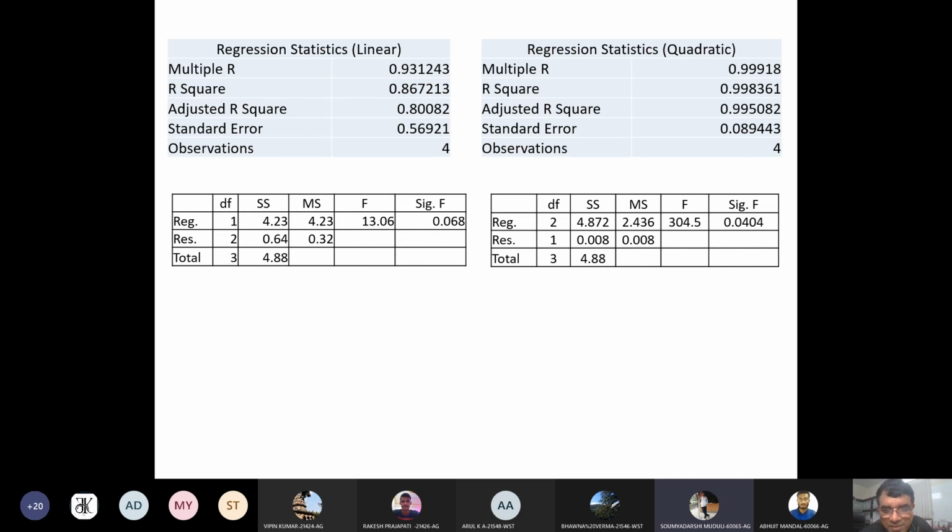for calculating the ANOVA table, we take n minus 1. But for calculating the f value, we take n minus 2. Sir, why is that? It is written in this slide. Actually, it depends upon the total degrees of freedom. But it was in the linear case. In the case of linear, it was n minus 2. But if your regression is